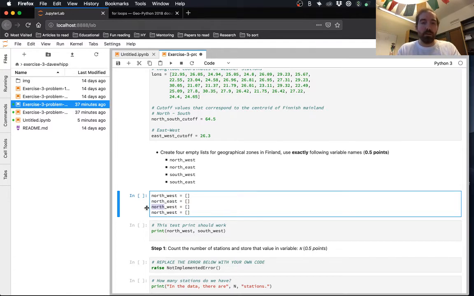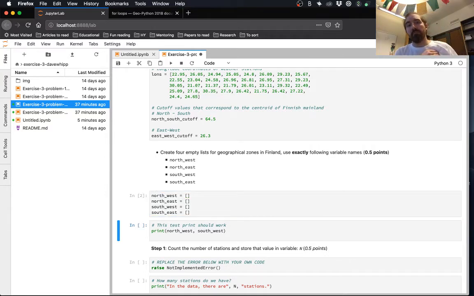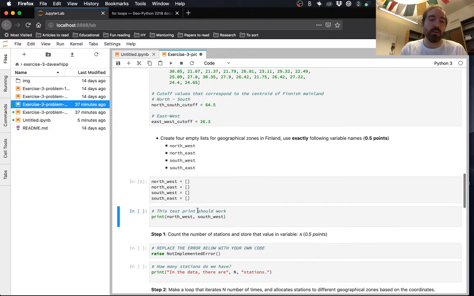And then we're going to need a southwest, so we'll make southwest, and we're going to need a southeast. So not too bad. All we're doing is just making these variables as empty lists, and that's pretty much all we need to do there. Just define the name and set it equal to a pair of these square brackets that have nothing in them.